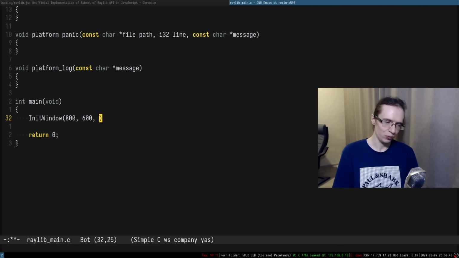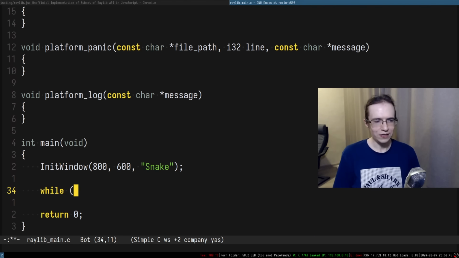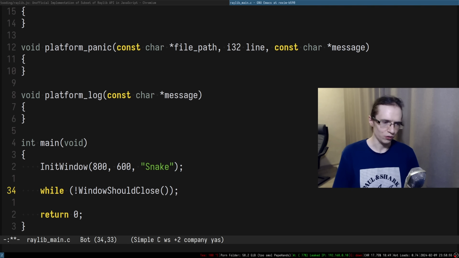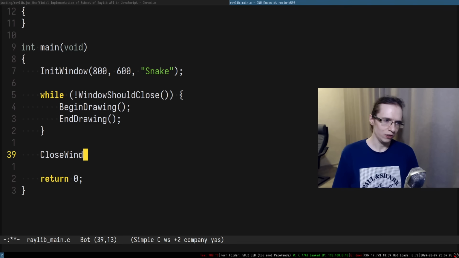So let's experiment with that a little bit. Right, snake. Let's give it a non-usual ratio. And let's organize the loop. Window should close. Is that how it's called? I think it's window should close. And while window should not close, we start begin drawing, then we end drawing, and that is basically it. So we can here close the window,